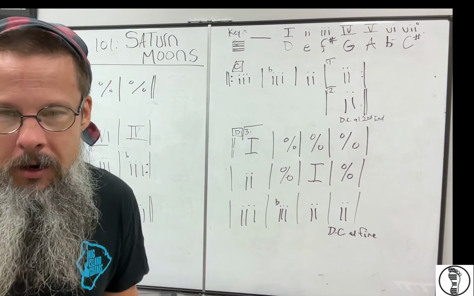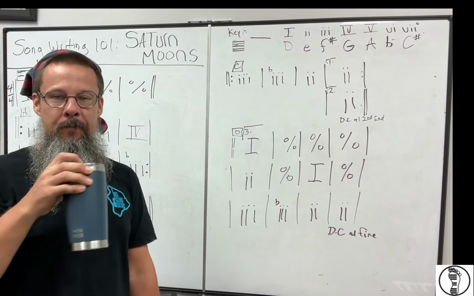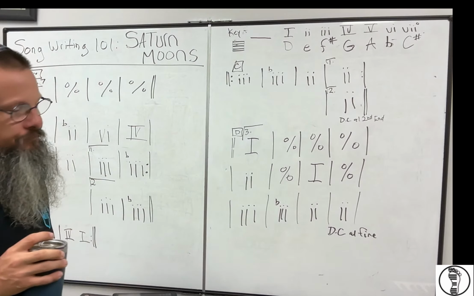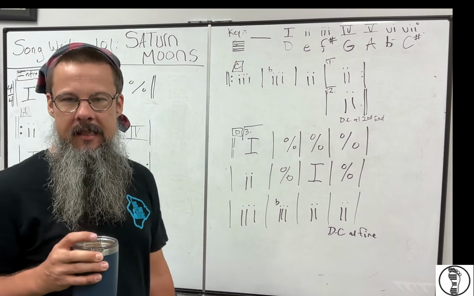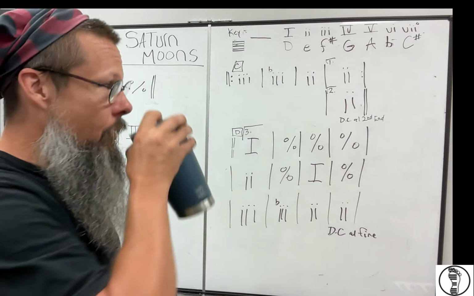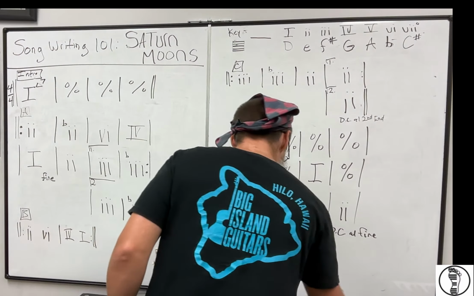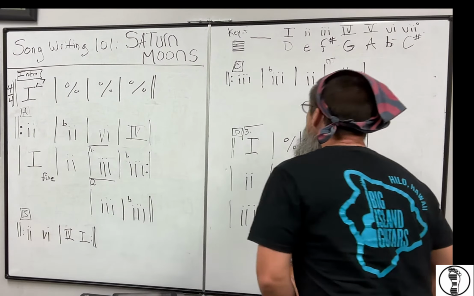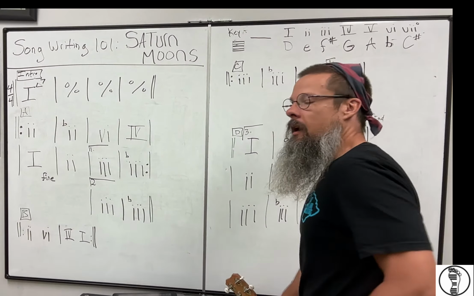What are we thinking? Anybody out there want to pick a key? If not, I'll probably, what are we in, D? Probably pick like C, make it simple, or G, or F sharp. B, cool, that's a good one. All right, so in the key of B,